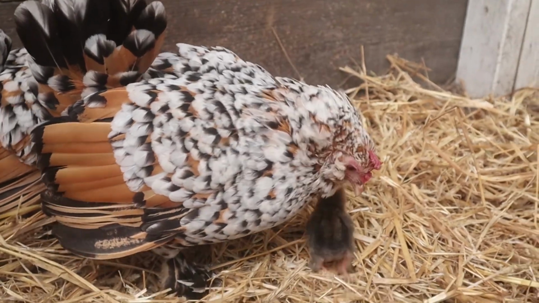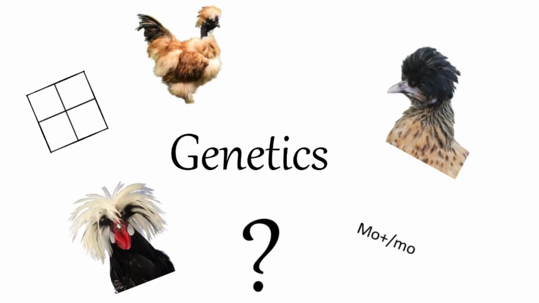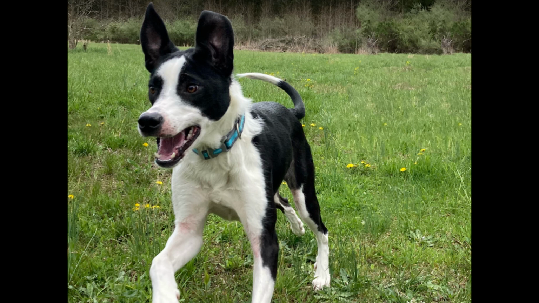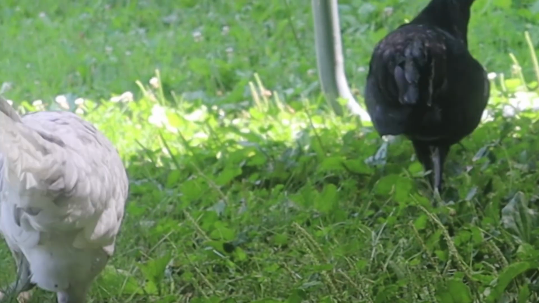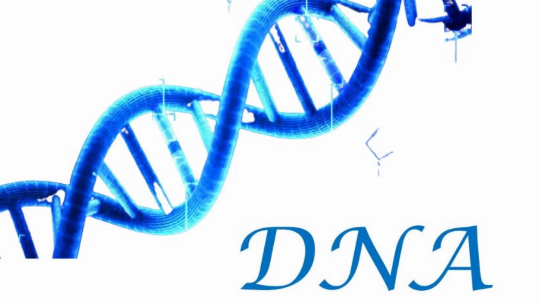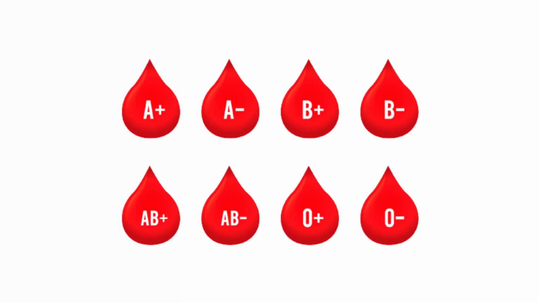Since I don't want to lose you from the start, let me first begin by explaining what I mean by the term genetics. Genetics is a branch of biology that deals with hereditary traits and inheritance. For example, your eye color, which comes from your parents, a dog's coat color, which comes from its parents, or a chicken's leg color, which comes from its parents, all have to do with genetics. When you hear the word gene, most people immediately think of DNA, and this is correct. A gene is a strand of DNA, usually located on a chromosome, that determines your physical characteristics such as hair color, eye color, blood type, etc.